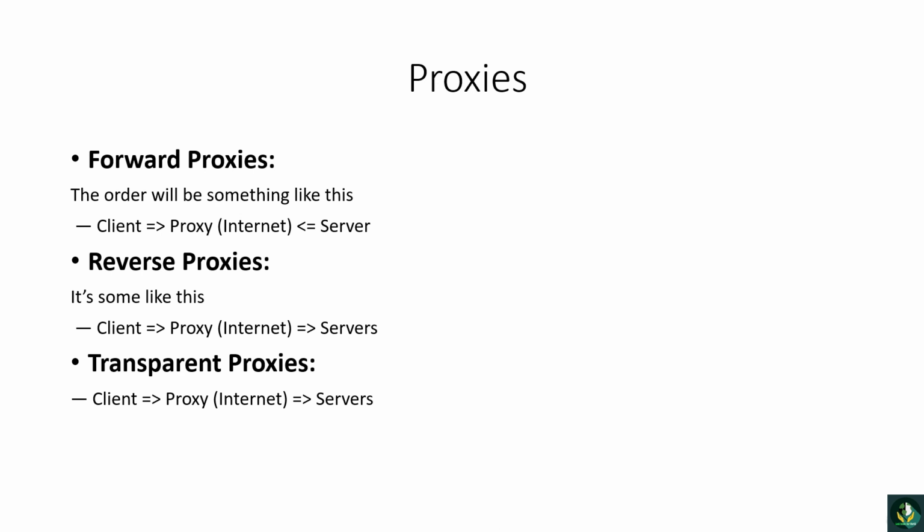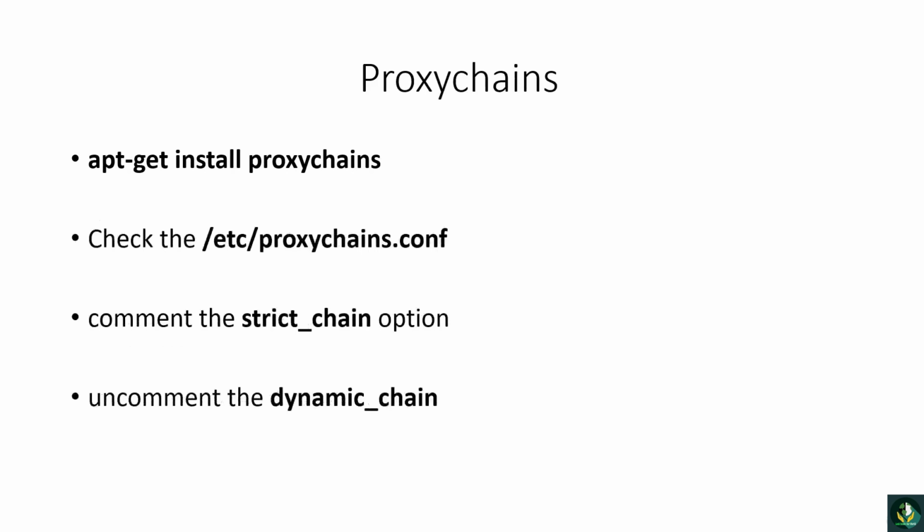This tool forces any TCP connection made by any application to go through a proxy. To install, just type apt-get install proxychains and it will automatically install ProxyChains. You don't need to do anything. And to configure, you need to go to this directory. This is the configuration file, so in this directory you can configure ProxyChains,